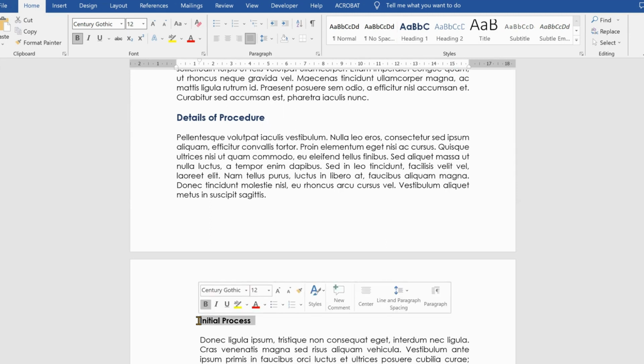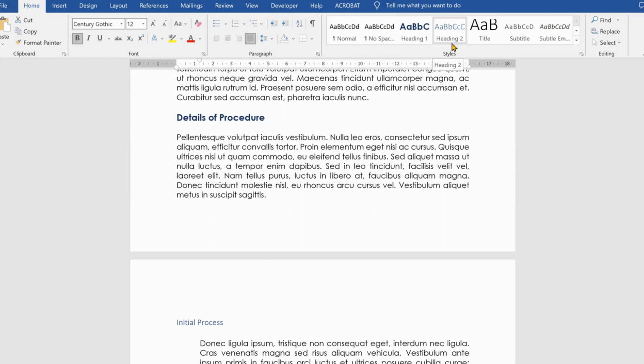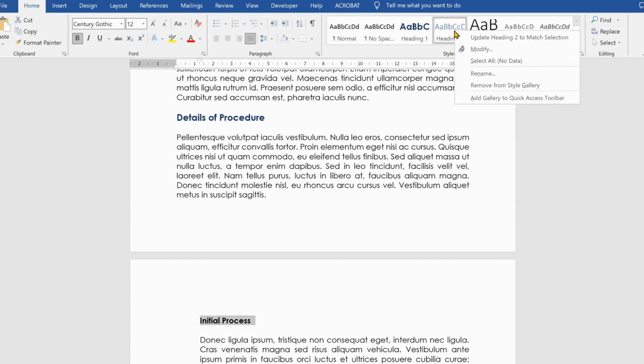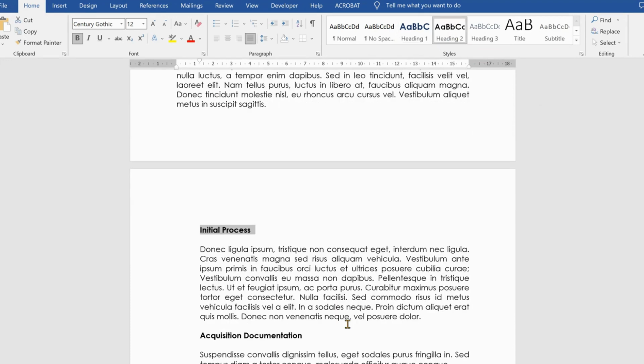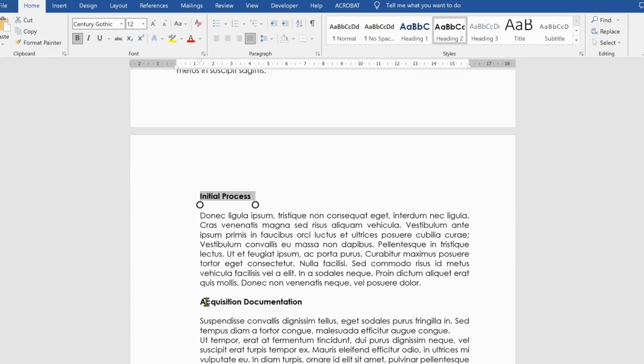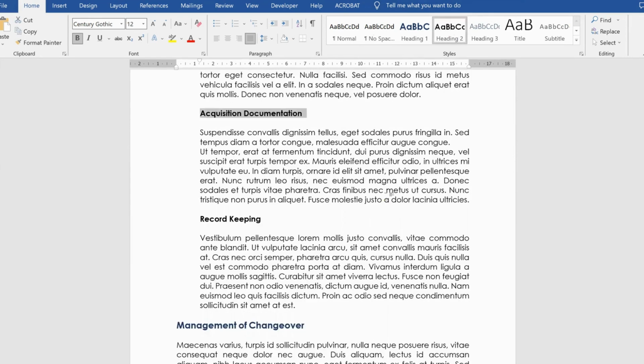So what you do is you highlight this one, and there's an option for Heading Style 2. And again, I want it to match the formatting of the current document. So I will right click, update Heading 2 to match selection. Click on that, left click on that. Now has it updated it here in the Styles menu. Continue to select headings or your subheadings